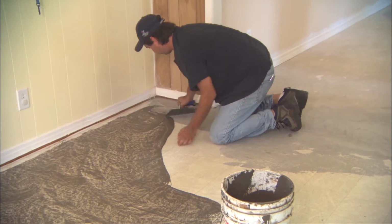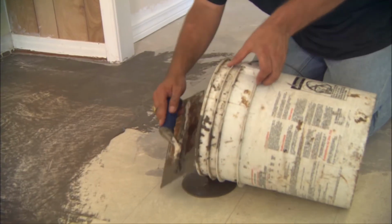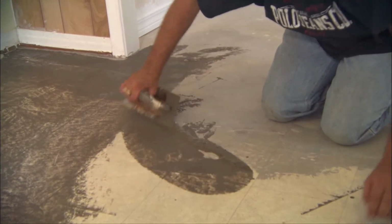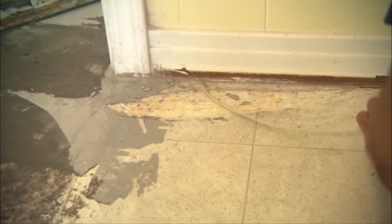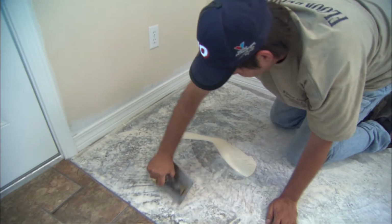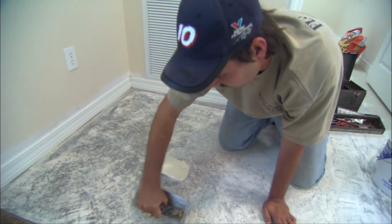JJ, our installer, begins by applying floor patch to the entire area. This material is specifically designed to adhere to the old vinyl floor and the new one that'll go on top of it once the adhesive is applied. Loose pieces of old flooring are cut out, and the remaining depression is filled with more floor patch. Once the floor is smooth, flat, and dry, JJ uses a V-notch trowel to apply the adhesive that'll hold the